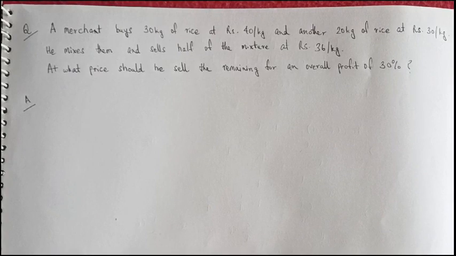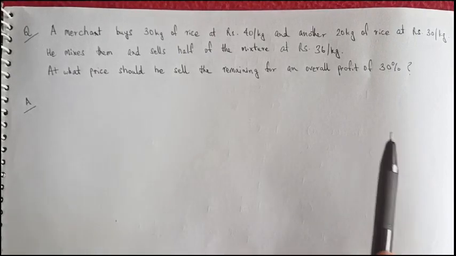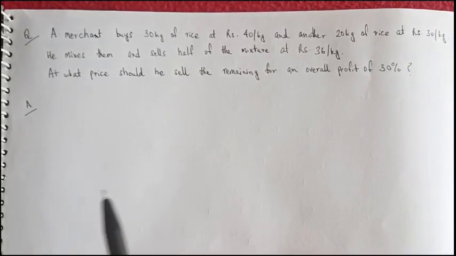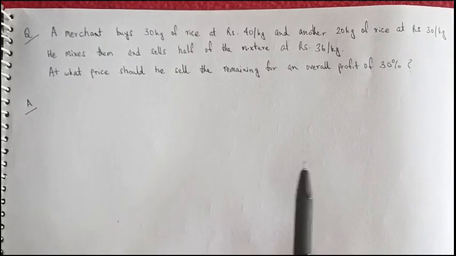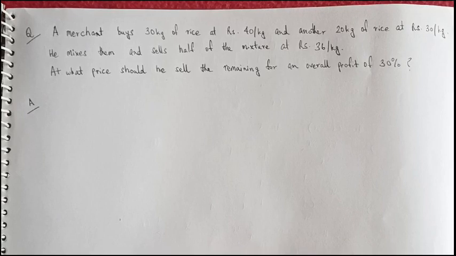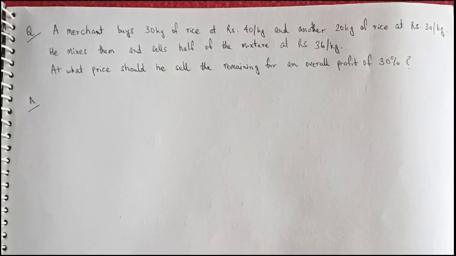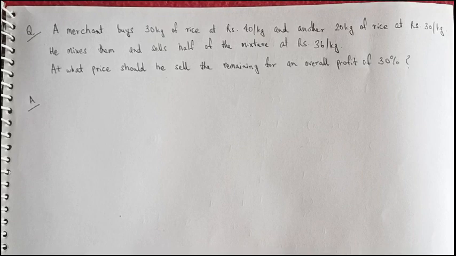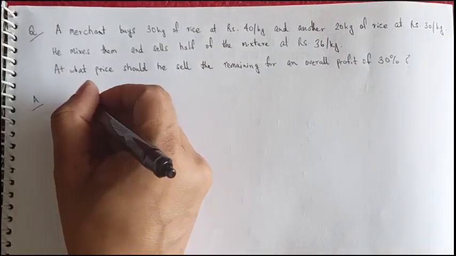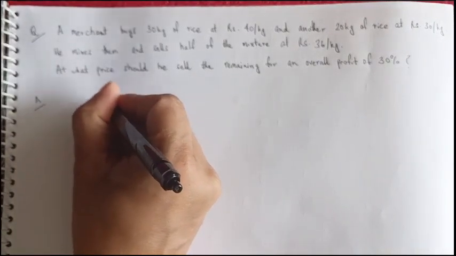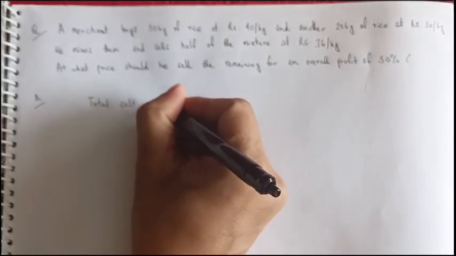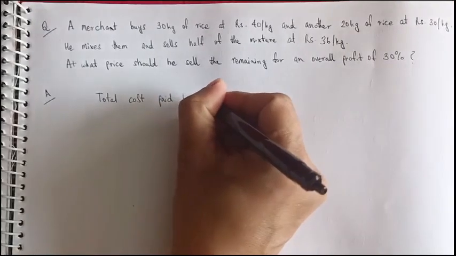So it looks like our rice merchant has got greedy. He's not happy with selling half of it at this price. Now he wants an overall profit margin of 30%. Okay. So in this problem, let's first find out what is the overall cost of the rice which has been purchased by this merchant. So total cost paid by merchant